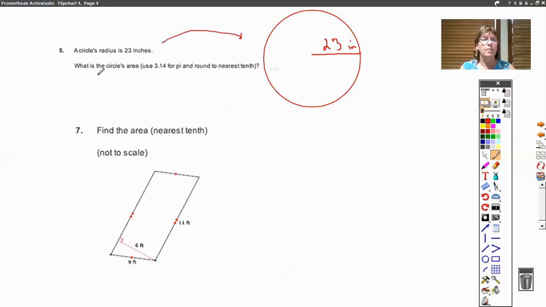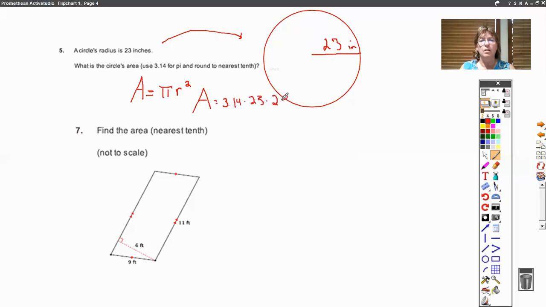So they match. What is the circle's area? So again, I'm going to start with the formula for area, and it's equal to pi r squared, okay? So then I'm just going to substitute. I get area is equal to pi, which they want us to use 3.14, times 23